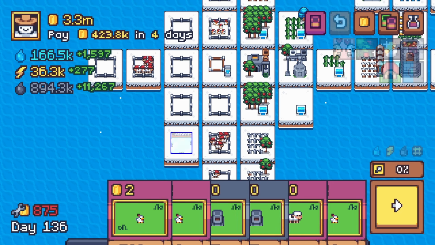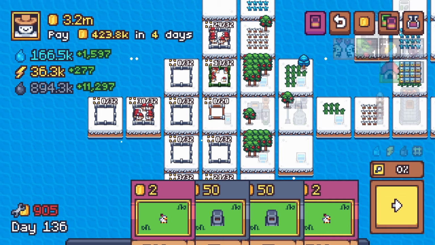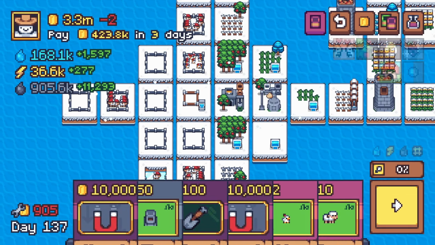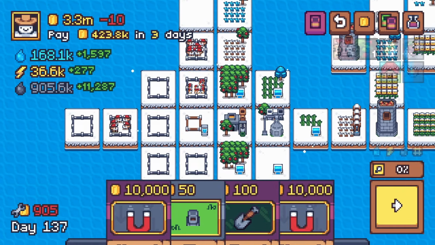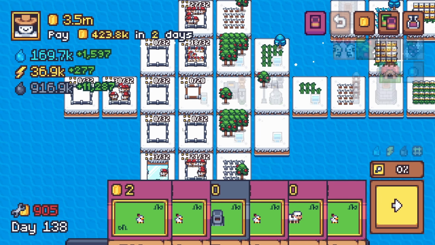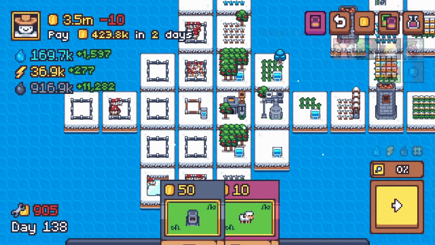So for instance, if I wanted to put my sheep on the frozen lake, I could do so. And that's actually something that I do want to do. So let's just do it. Barn, melter, mill. I mean, we certainly could go with some barns. Really no harm in that. Got to keep getting these chickens out there, and